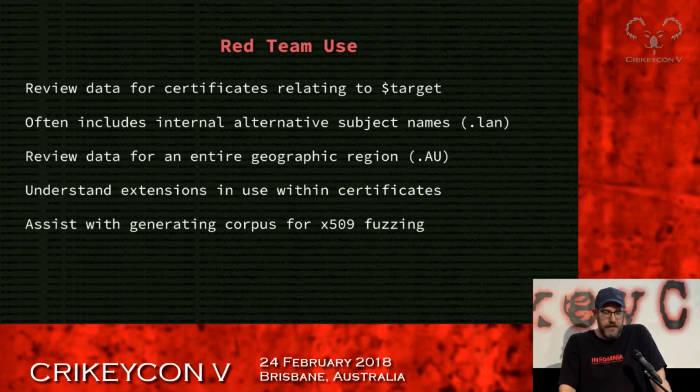Reviewing data for a geographic region, NZ and AU, right? It'd be really interesting to see what the SHA algorithms in use on signing are and pulling out some stats around all of that sort of stuff. Understanding extensions and use within certificates. One of the things I've already found looking through the data is, especially when it comes to wireless networks and how certificates are being issued across them, there are dozens of X509 extensions I didn't know existed, let alone that they were in use. And they're in use by appliances and various other useful things. So there's already one appliance, for example, with an X509 extension where if you query across the data set, you'll find their endpoints for their customers everywhere.